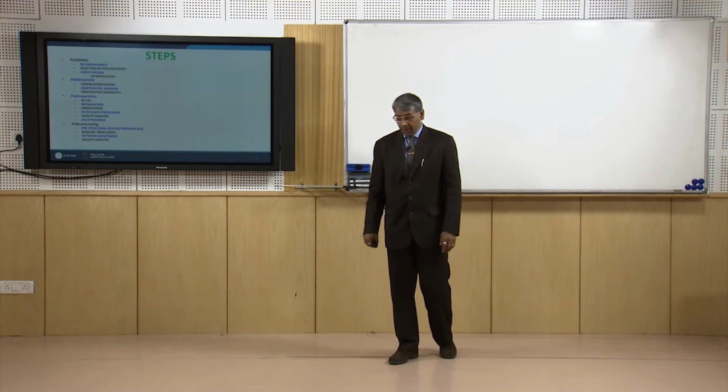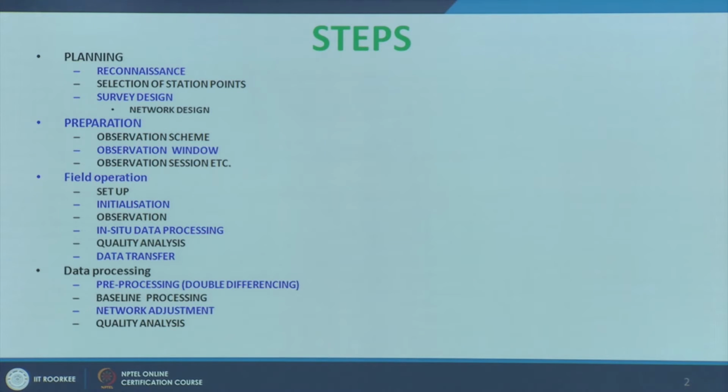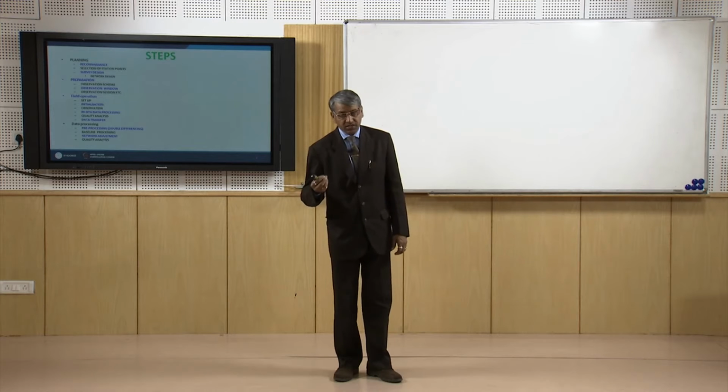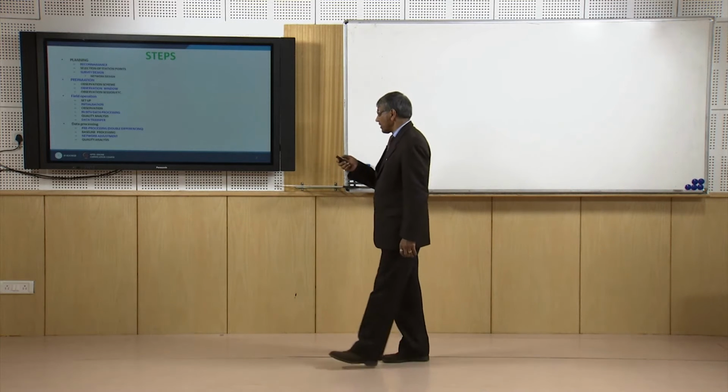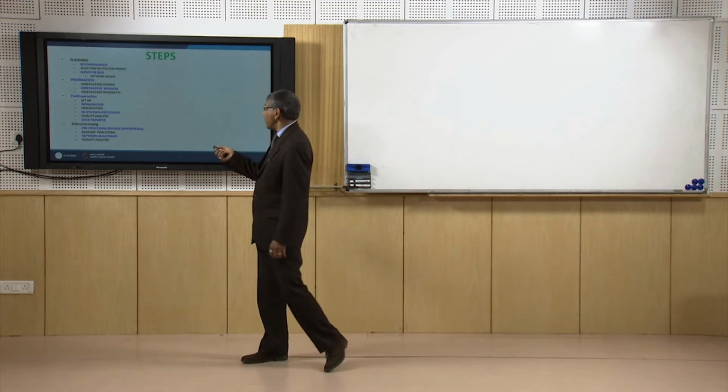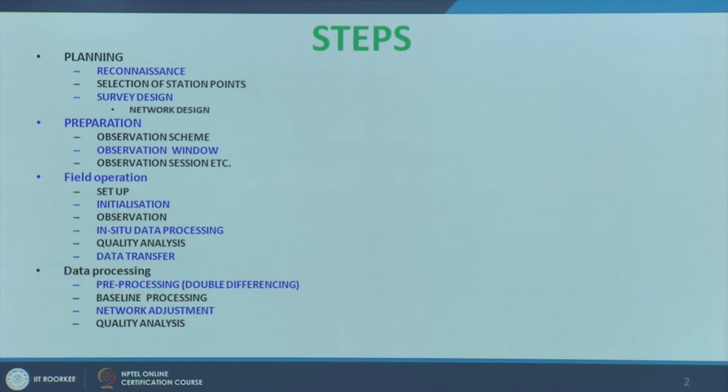Now, establishing the control point, as I have already discussed in the overview, we need to go for planning of establishment of control point. That means what are the spaces where we want to consider the control points in our study area or in our project area. So, through reconnaissance we decide about the location of the stations, and then after deciding the